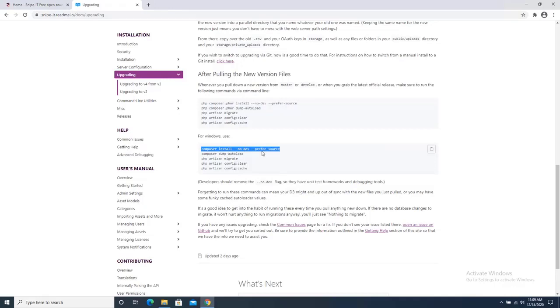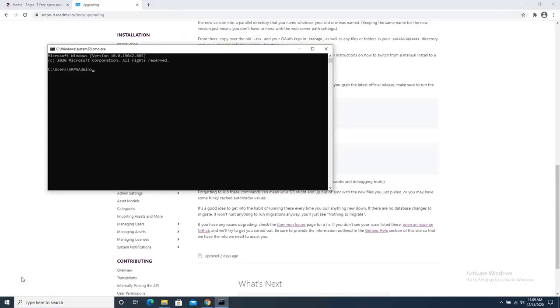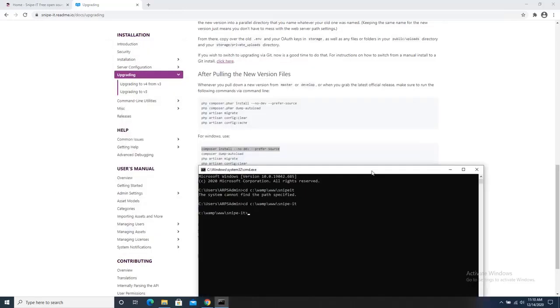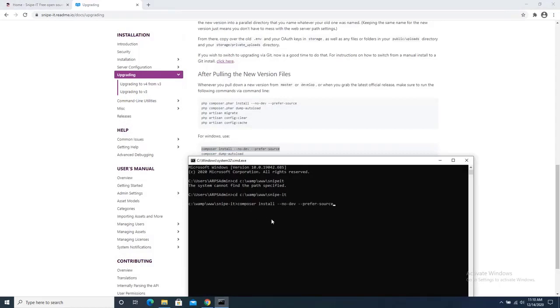To run this command, just keep in mind that we have to change our directory. Everything that you run runs from WAMP, WAMP, www, Snipe-IT. So let's go ahead and run our command prompt. We're going to change directory, and we're going to go to C, WAMP, www, Snipe-IT. Oop. I must have missed something. Oh, I missed a dash. Dash Snipe-IT. There we are. All right, so now I'm going to copy this command and run